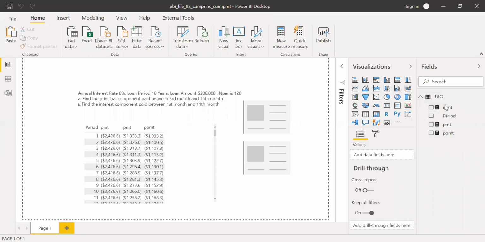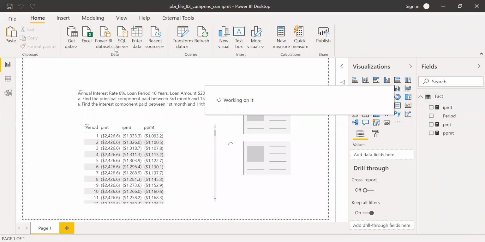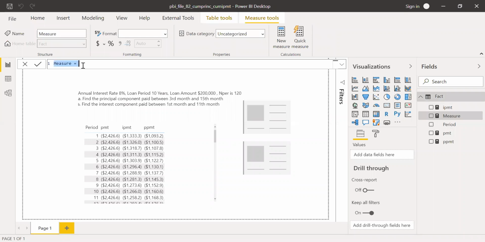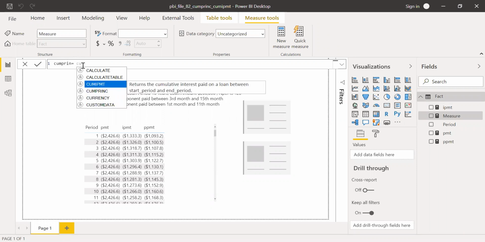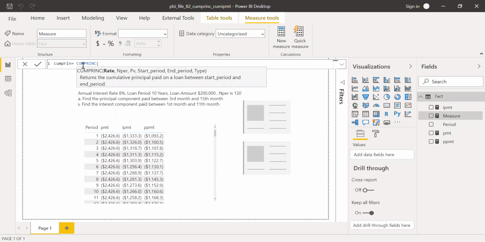I'm going to create a new measure here and call this cumulative principal. Cumulative principal equal to CUMPRINC, a function. Rate, so we already know the annual interest rate is 8%, 0.08. And to convert into monthly, I'm going to divide this by 12.